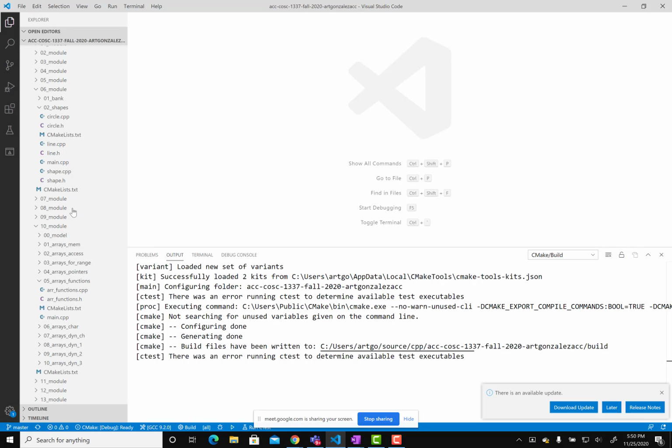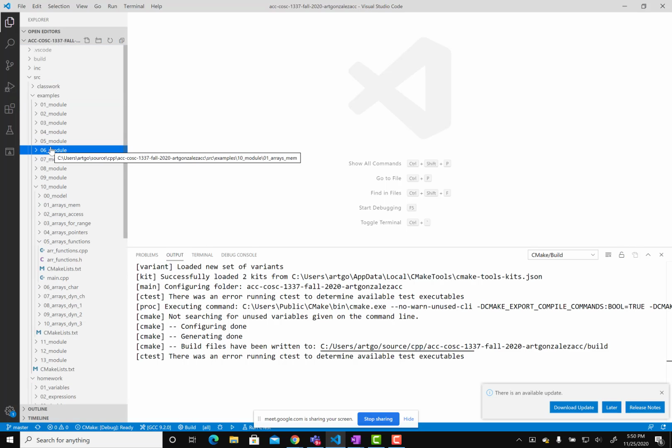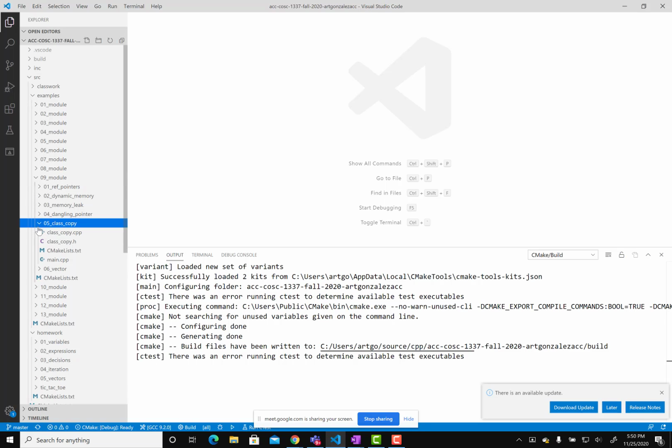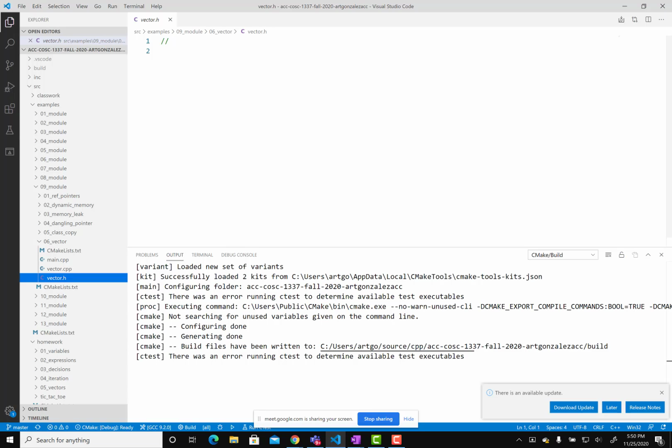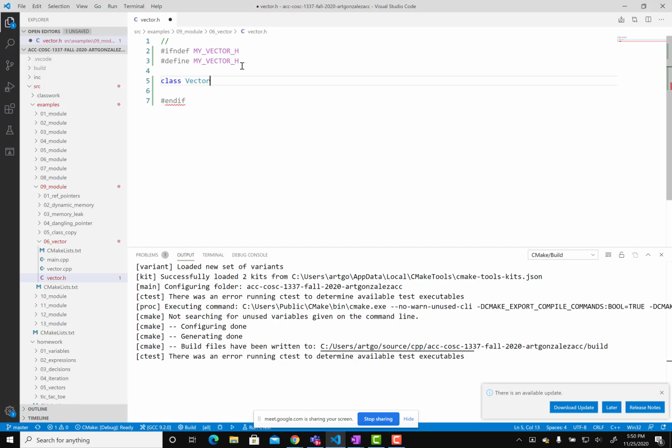So, okay, where am I? I think it's 9.6. Yeah, right here. So here's where we're going to start our code, and we'll start creating a class, and it'll be a simple vector class. So #ifndef MY_VECTOR, and we'll use MY_VECTOR, then #define MY_VECTOR, and #endif, and we create a vector class with capital V, open close curly brace,